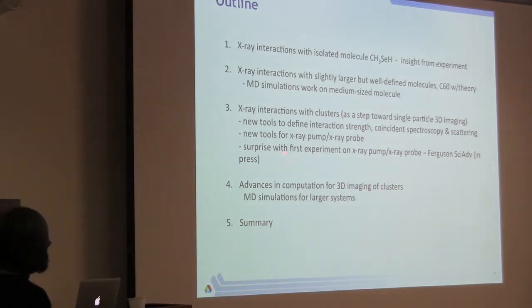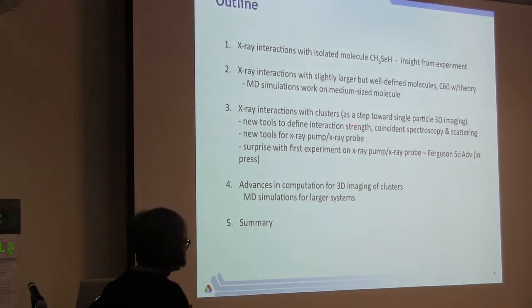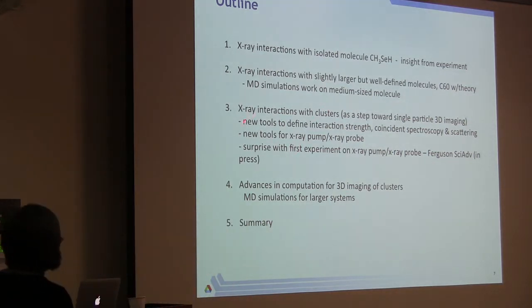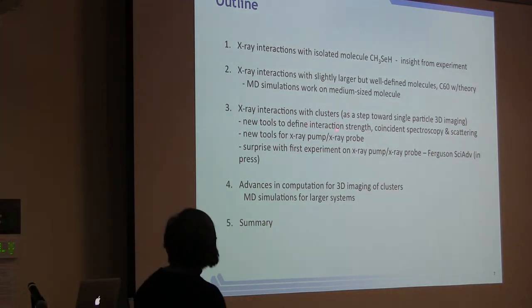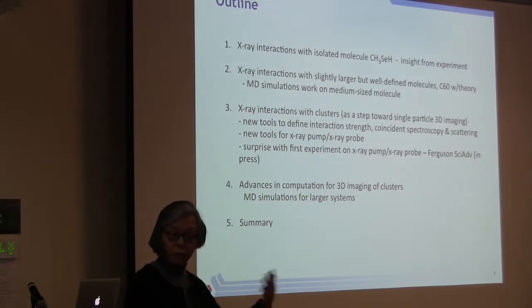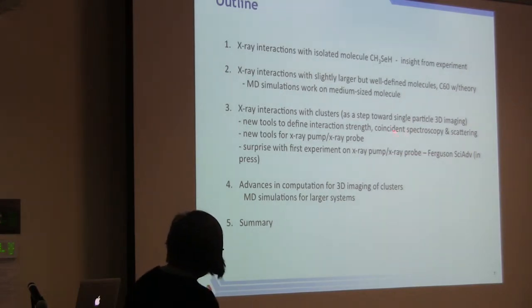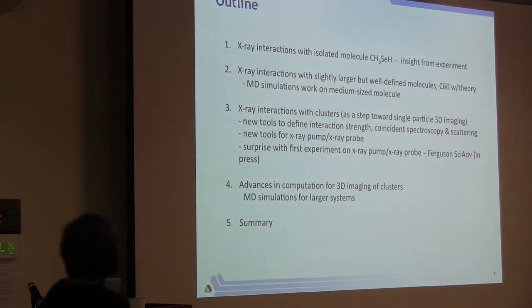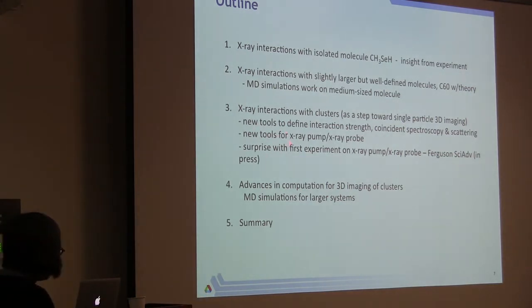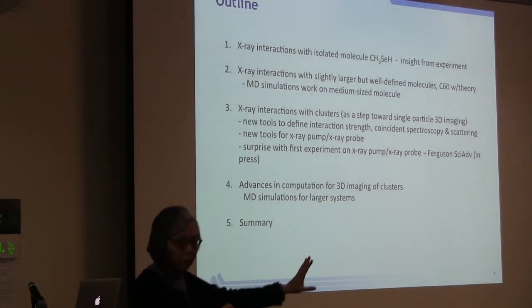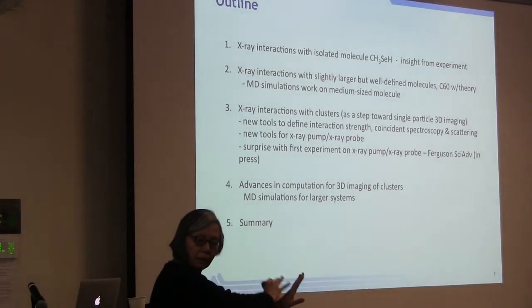And so what we're moving on to are these X-ray interactions with clusters. It's kind of a step toward this direction. And there are some new tools that we can get to. One of them is that there's a new tool that allows one to define the interaction strength on your sample, which is kind of important if you want to model it, by doing coincident spectroscopy and scattering in a single shot. And then I want to tell you about the new tool that's available such that you have an X-ray, you have your big pump, and then you have another probe that can come in and look at kind of